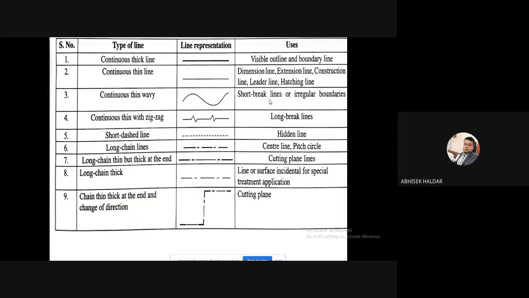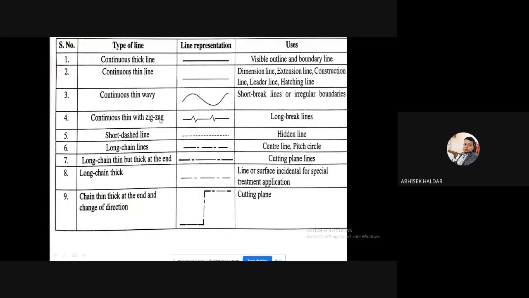That means some irregular parts of the object are there. So the third one, the continuous thin wavy line, is used for short break purposes.